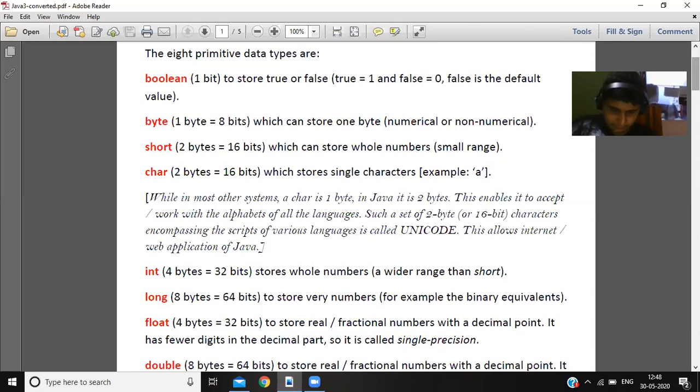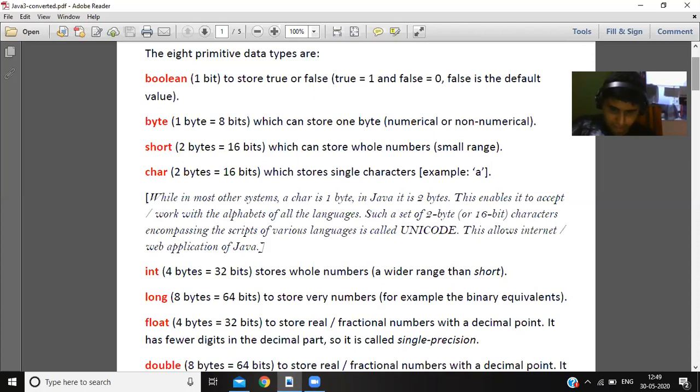Unicode is a 2-byte character set, which means you can store the scripts and alphabets of all the languages. Int is 4 bytes, whole numbers, but a wider range than short. Short is also whole numbers, but that is 2 bytes. With 4 bytes the range is wider, so you can store larger numbers. Long, 8 bytes, will store very large numbers.